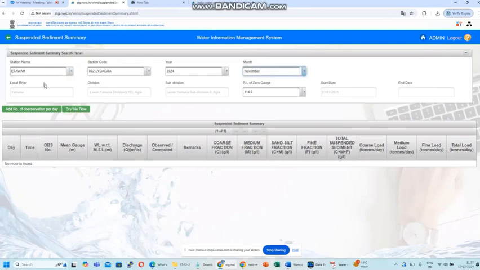So once you enter your station name, the station code, and the year for which you want the observation done, this kind of page will come up. Now, how to get this table formed? For this, you first have to click on add number of observations per day. Once I click on